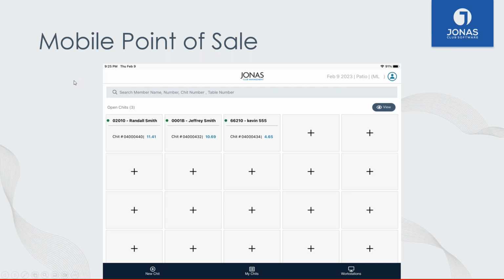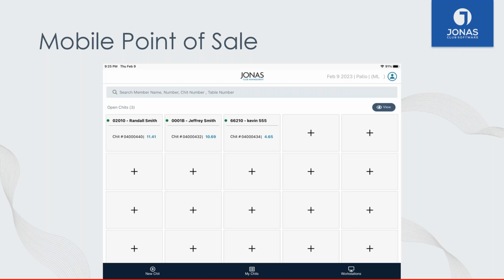On that note too, when logging in to start the day, it's going to take about 30 seconds to load. What this is doing is pulling in all of your member data, as well as all of your menu options, modifiers, prep options, things like that. Where this comes into play is, while this operates on your local Wi-Fi, or if you have cell signal, you could run this off a Verizon or AT&T network, if you were to step out of range and don't have network, we've pulled in all of that information, so that now it can run in an offline mode.